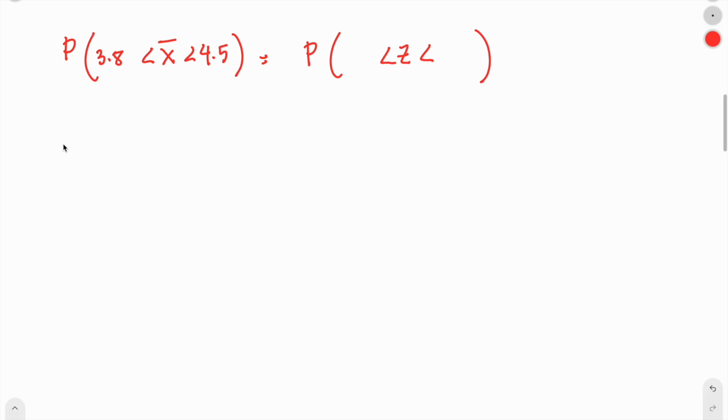You need to get the z-scores, where the z-score for a sampling distribution is x bar minus mu over sigma x bar. So for z1, let's say, our x bar here is 4.5 minus the mean, the one we got is 4, divided by